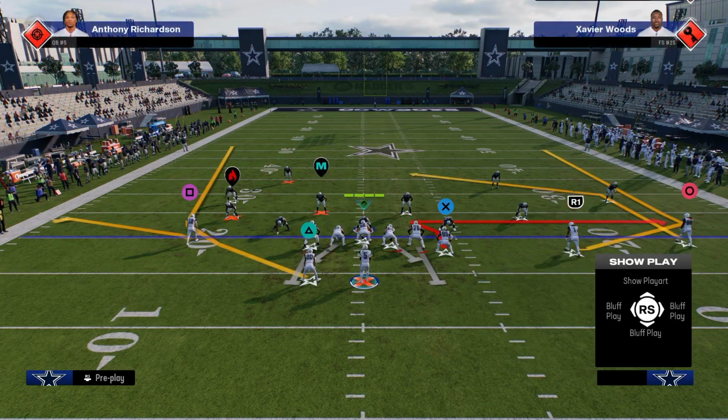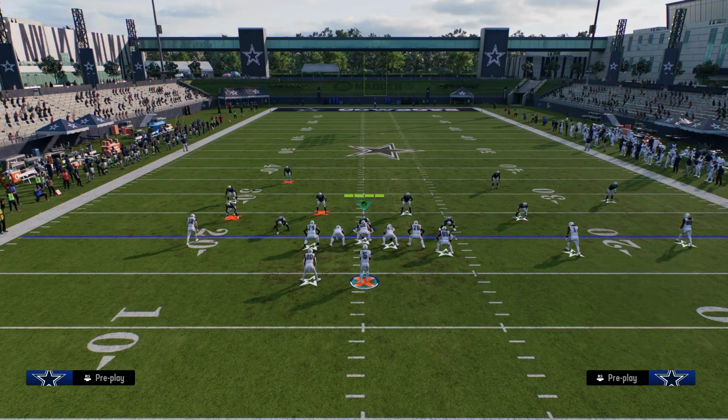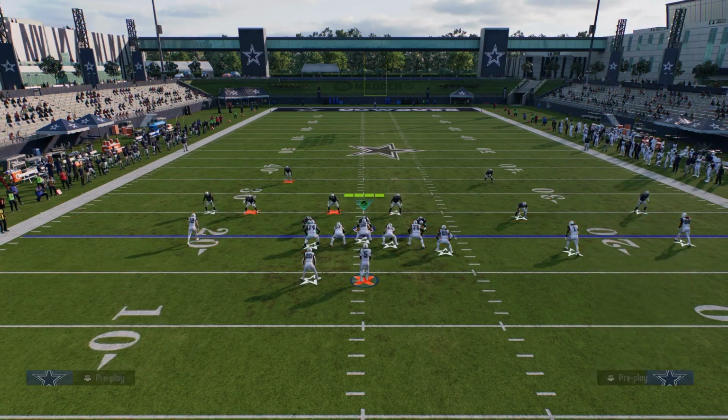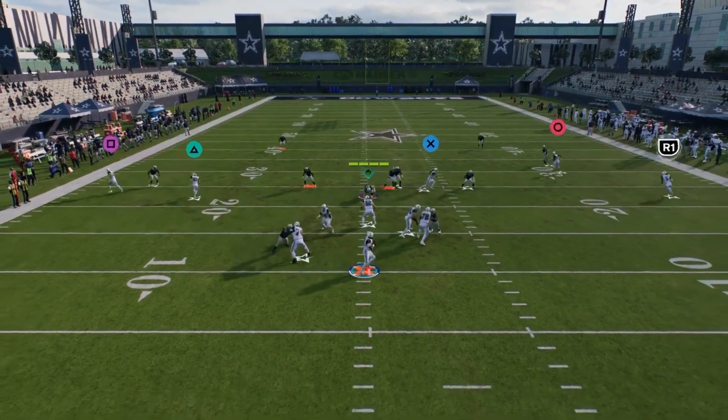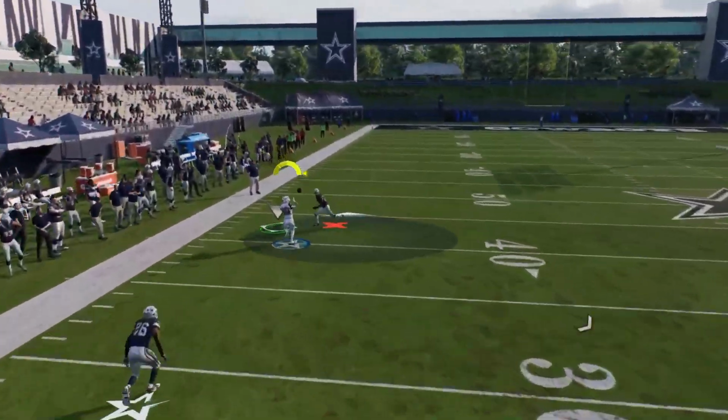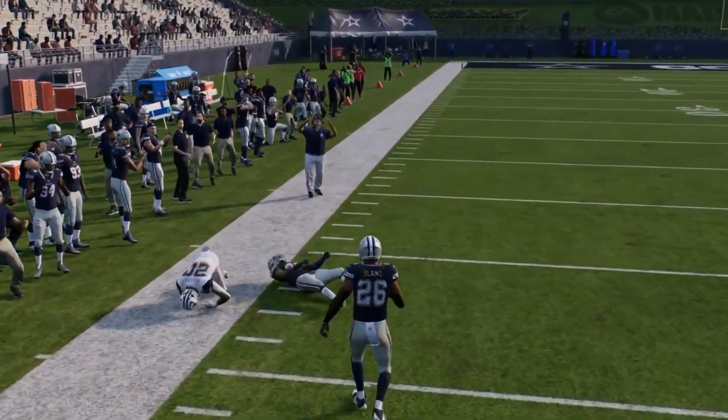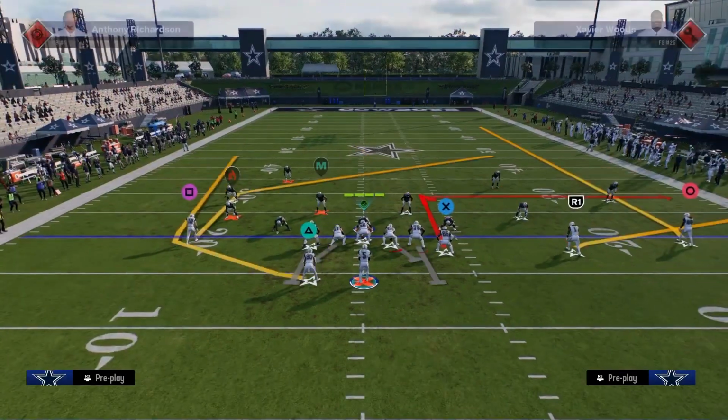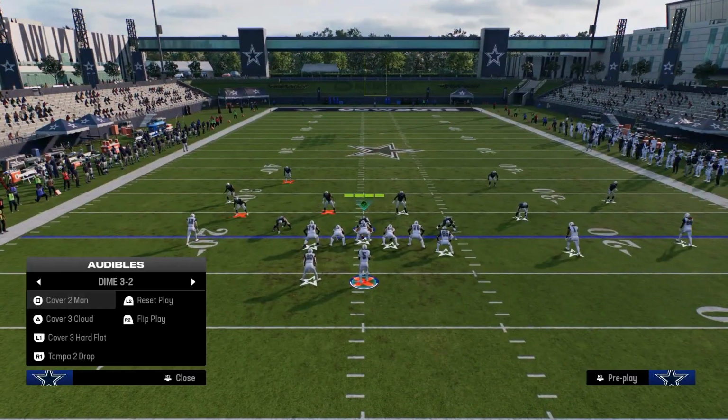So you see, it looks literally something like this. The reason this is good is because if they're running a lot of cover two, these wheels really give these deep halves a lot of trouble, and so you can throw these wheels on the sideline. Another thing that you can do against cover two that I think is kind of underrated